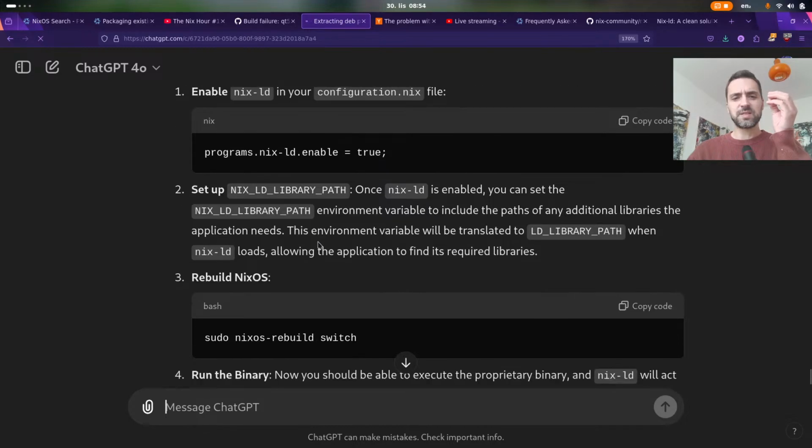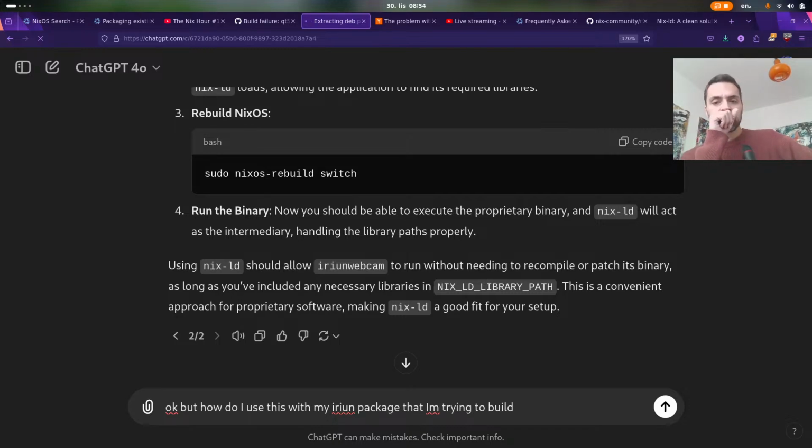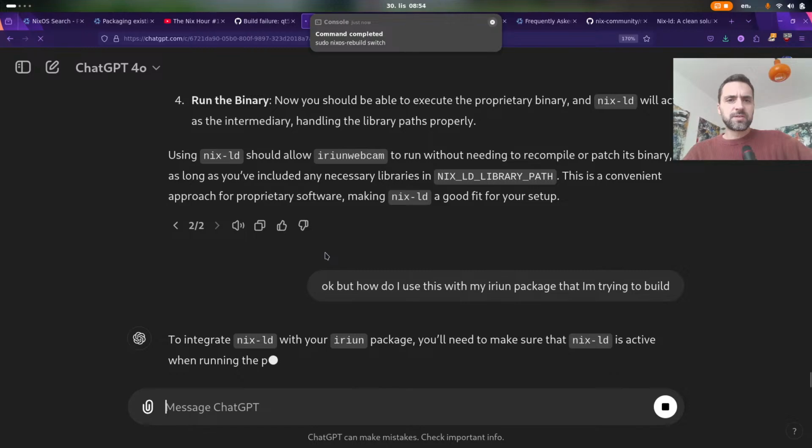So yeah, we did this, and then what? But how do I use this? Okay, but how do I use this with my Iriun package that I'm trying to build? To integrate